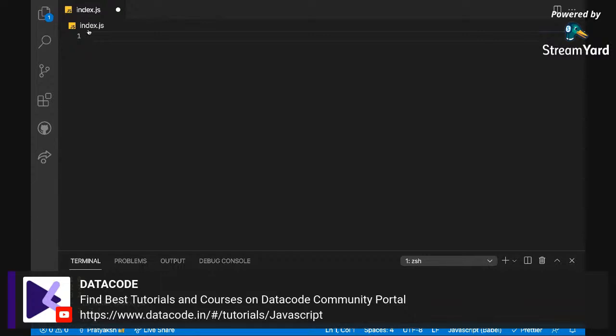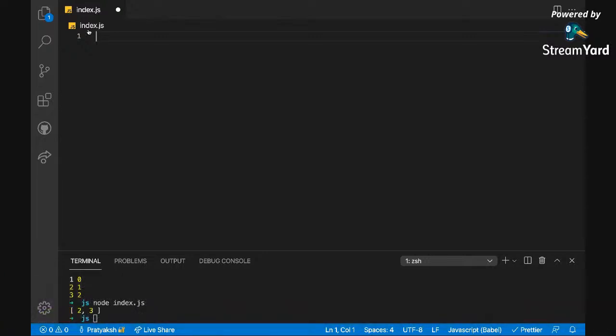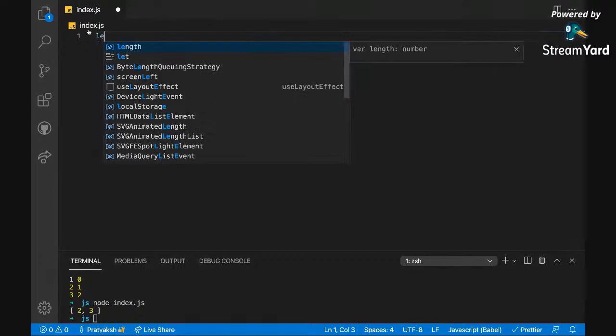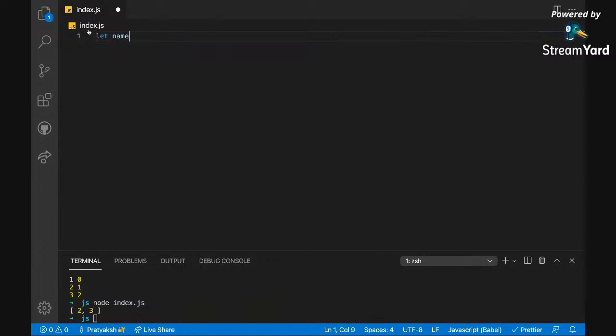Let's say I myself, Pratyaksh, have different properties. I have a name, an age, a height, a qualification, a job, and everything. And I need to store my data in a variable format in a computer. So what can I do? I can say let name is equals to Pratyaksh.